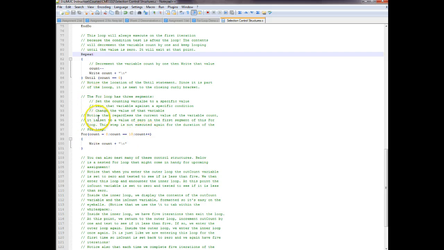So of course, count is going to equal 0, so we're going to write count, and then it's going to go back and increment count. Now notice this, it's very important that you understand this. When it first enters the for loop, it sets the variable to whatever value you have here. In this case, it's going to set count equal to 0. It's going to test whether count is equal to 10,